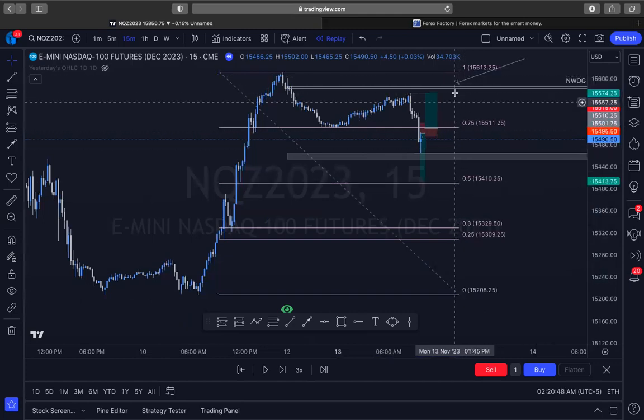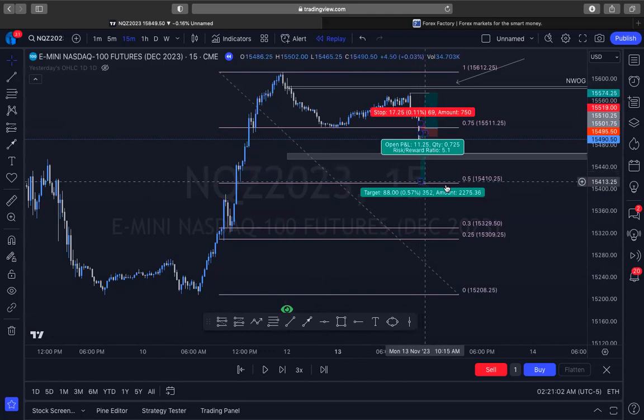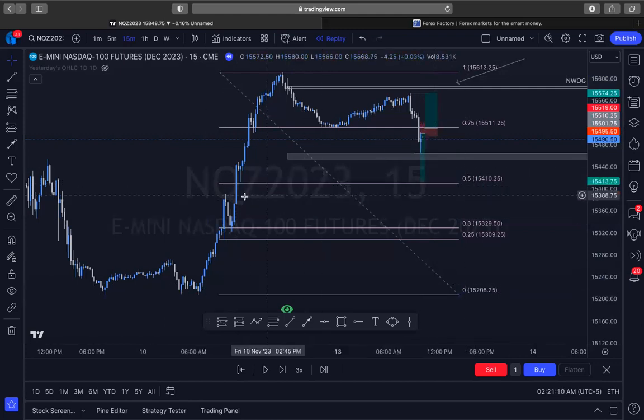So if we're up here, to me, if we're in a buy, right? In this case, if we want to sell, but if someone was in a buy, I wouldn't want to buy up here, right? I wouldn't want to get in price when it's extremely high. I would want to get into a price where it's either equilibrium, which is 50%, or in this case, some sort of discount. That for me is a discount price. Not only is it discount price, but there's a fair value gap here that in the future could come back and get filled, correct? So if on the daily time frame we're bullish, I want to get in an entry at a discounted price.